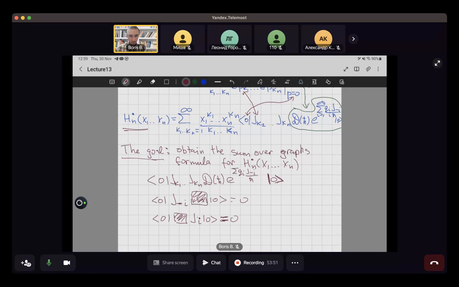Okay, and this phi function is defined as follows. So phi 0 of y is equal to 1 and phi m of y is equal to exp of the sum